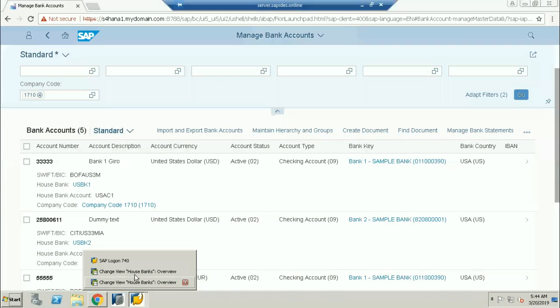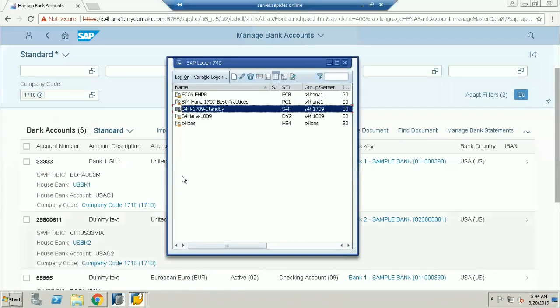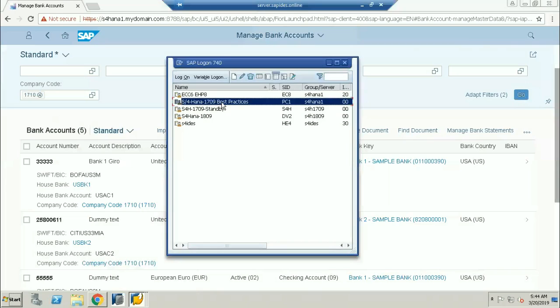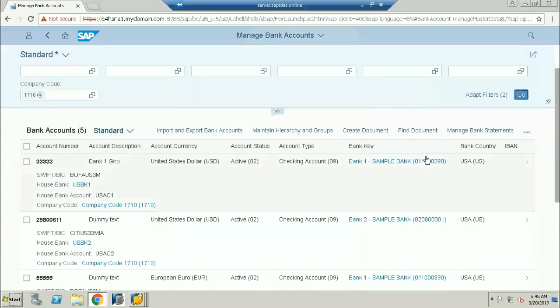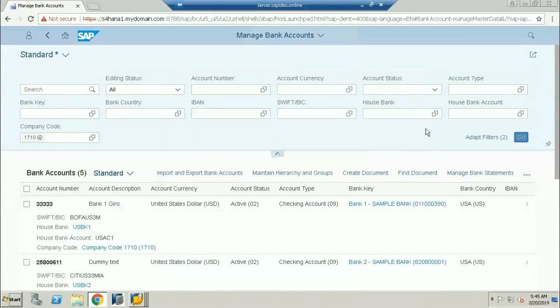Whereas there is one more server where I have maintained the house bank. This particular server, this 1709 SAP best practice, has been extended to your Fiori. That means whatever house banks you have created in the standby cannot be visible in your SAP. The standby server is not extended to your Fiori app.